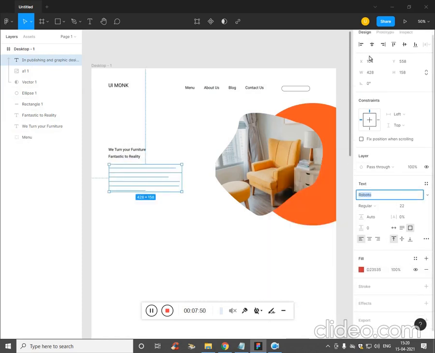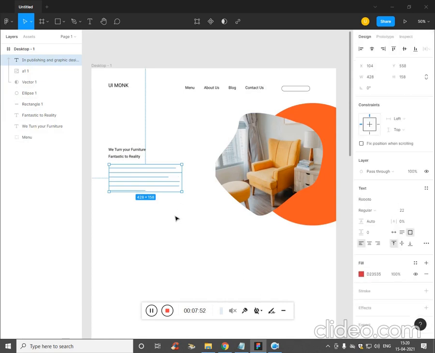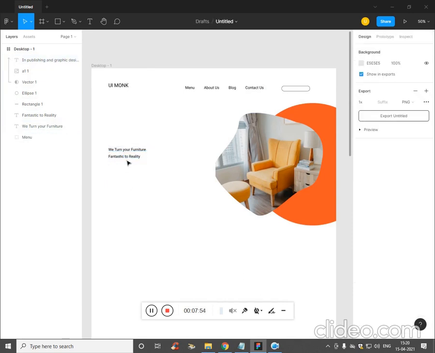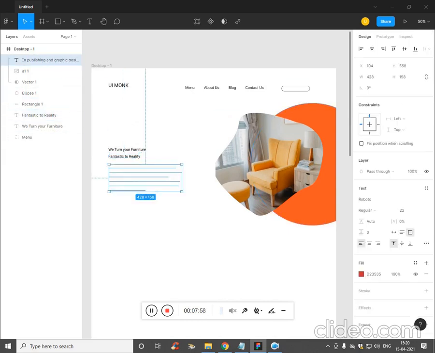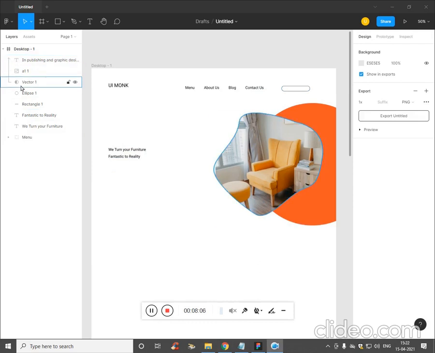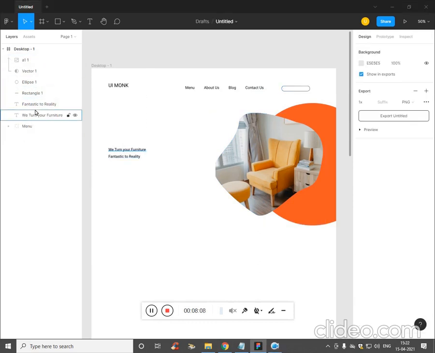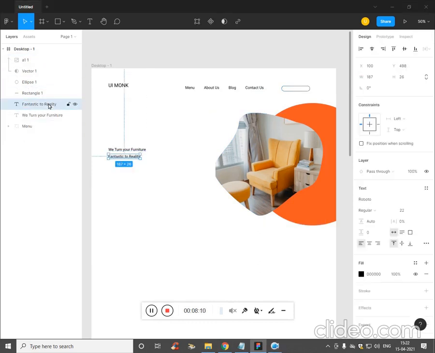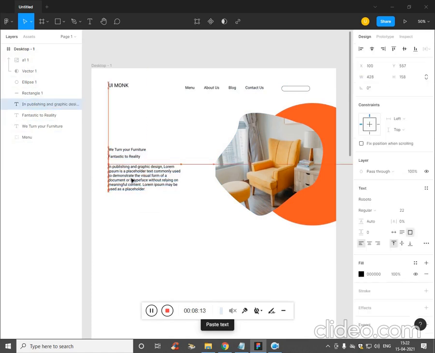Here we are getting the rectangle, but we don't need the rectangle. Select all, make the color white. We should see where the color is. Okay, you see it is getting masked. We don't want it to be masked. Place it over here. Now drag it.